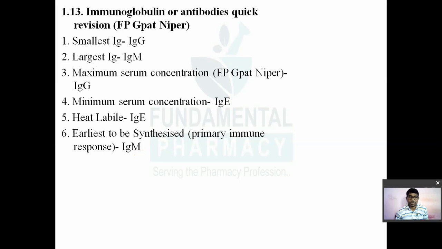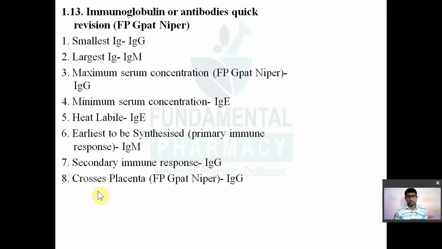So the earliest to be synthesized immunoglobulin, which is responsible for the primary immune response, is nothing but immunoglobulin M. Now the secondary immune response is given by immunoglobulin G. Which immunoglobulin will cross the placenta? Immunoglobulin G can cross the placenta. It has the ability to cross the placenta and provide passive immunity to the fetus present